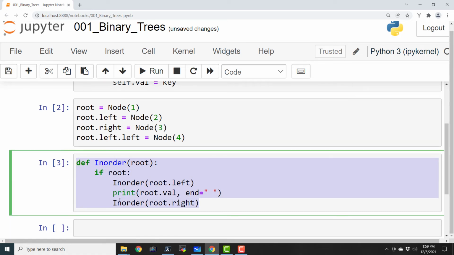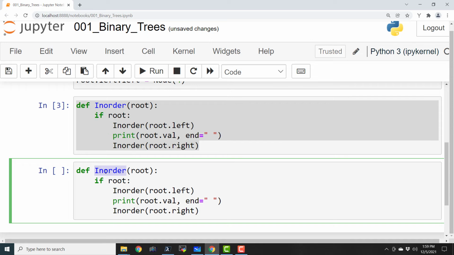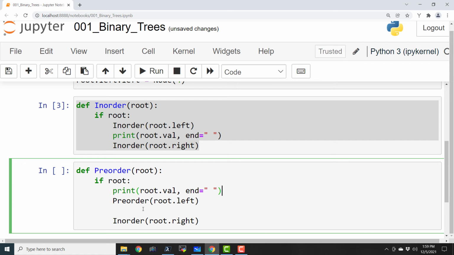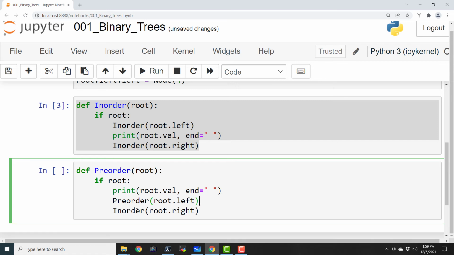Now let me copy the same stuff as it is, and I will say pre-order. And here also I will say pre-order. So paste here, and let me copy and paste it here. Similarly, I can write the routine for post order.